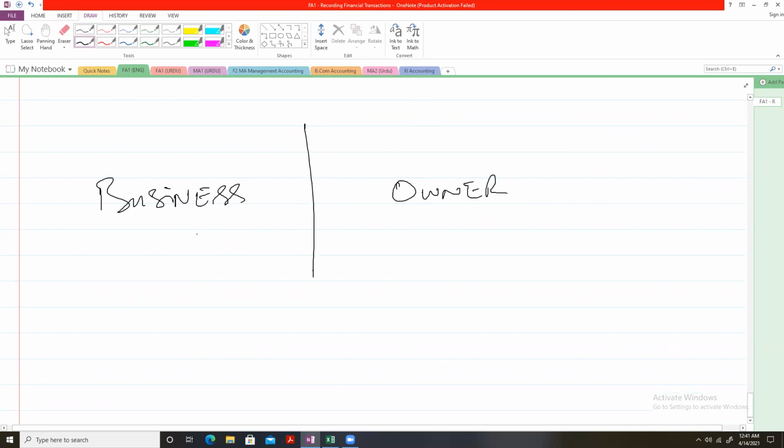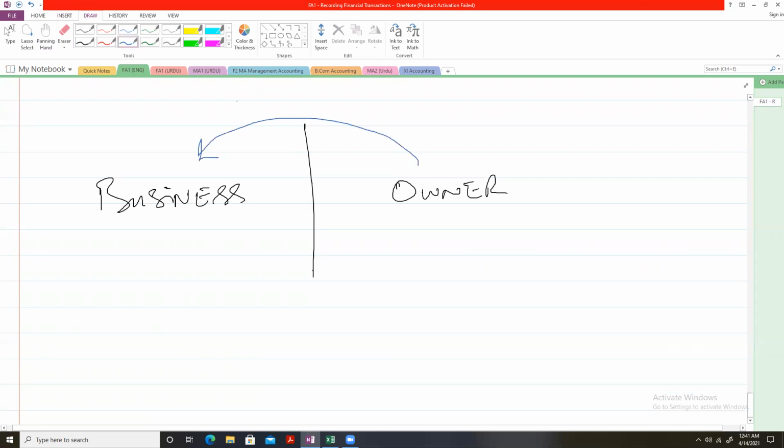As we are doing accounting for the business, in the books of accounts we record all the matters of the business, all the things that we do in the business, not the things that the owner does for his personal belongings, you can say. Okay, so the owner is separate from the business. Whenever we do accounting, we bear in mind that an owner is separate from the business.